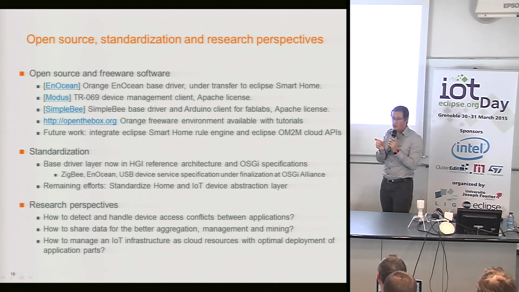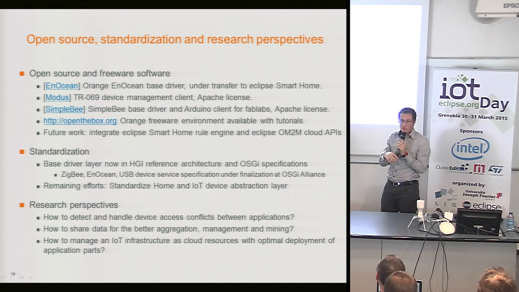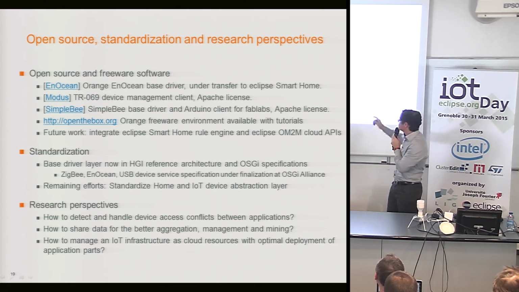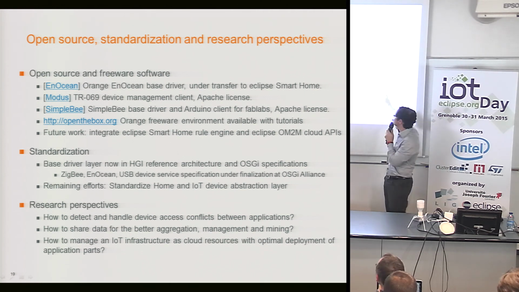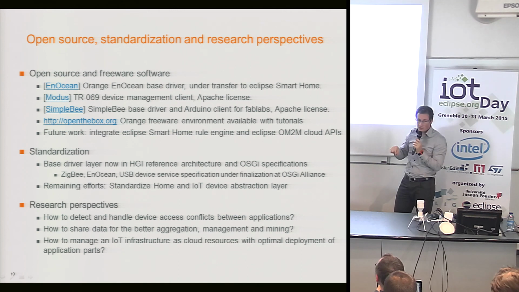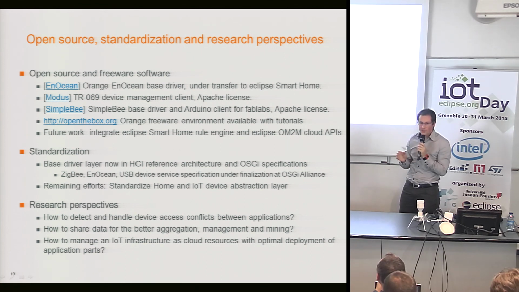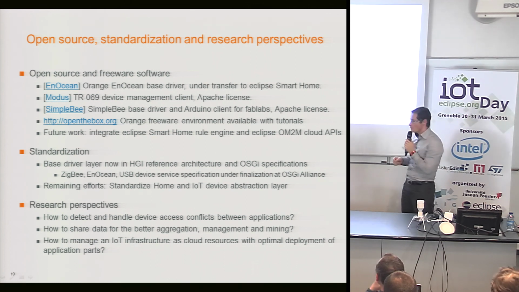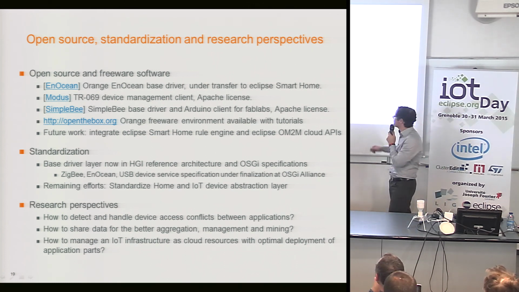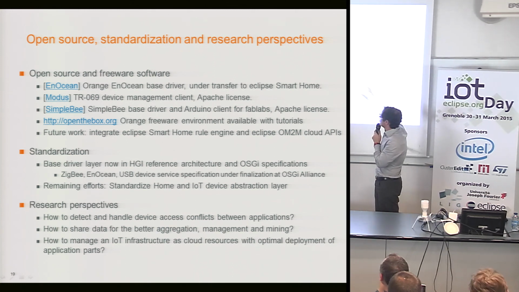We have invented a very simple protocol, Simple B, that could be improved by any developer or maker in a Fab Lab. And then we have the client on a gateway in Java, and we have a client also in C, C++ on Arduino. And just in Run, 2 days ago, some developers made their very early prototype in 3 days with this type of technology, with something on one side and one thing on the other. This is also open source.